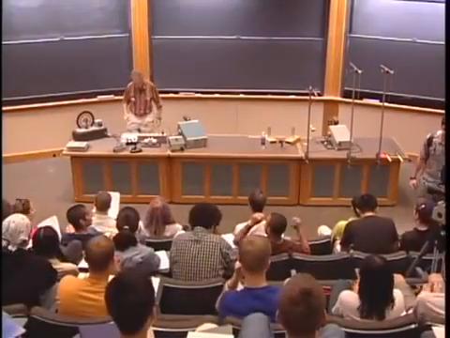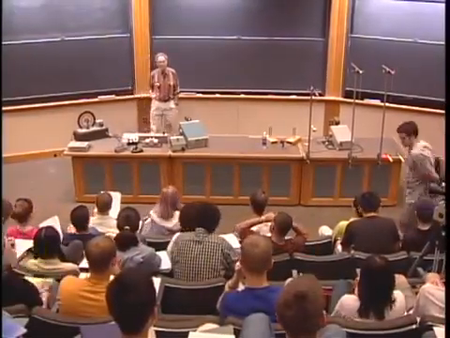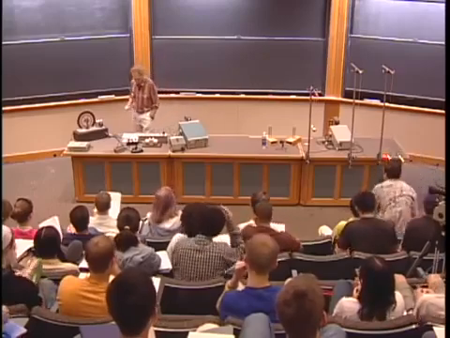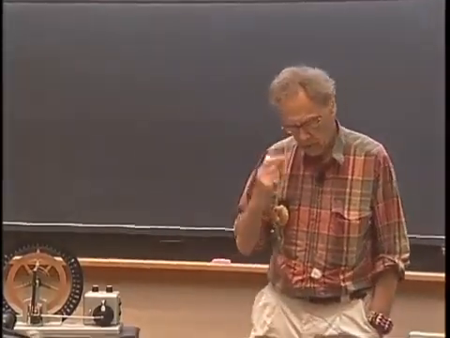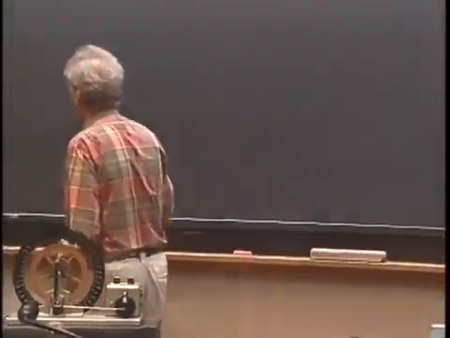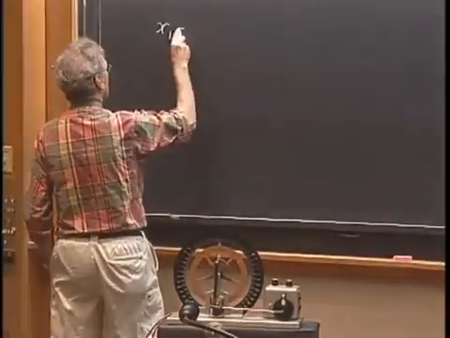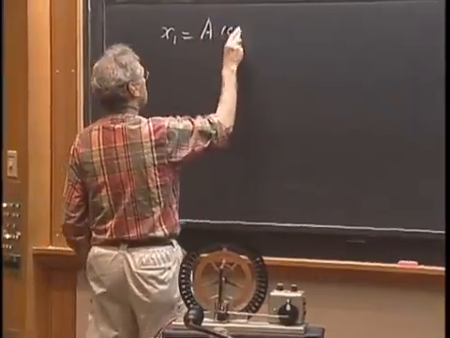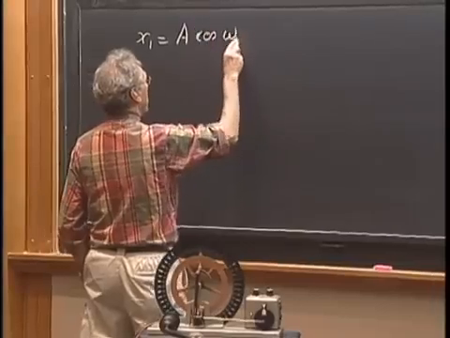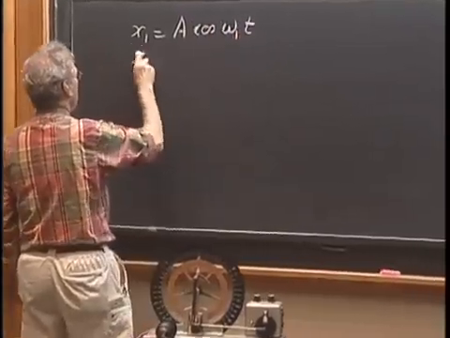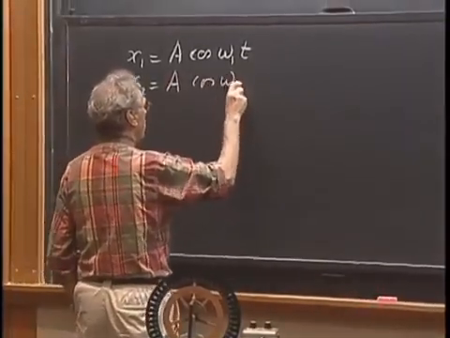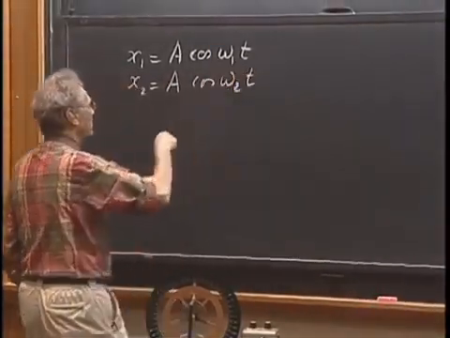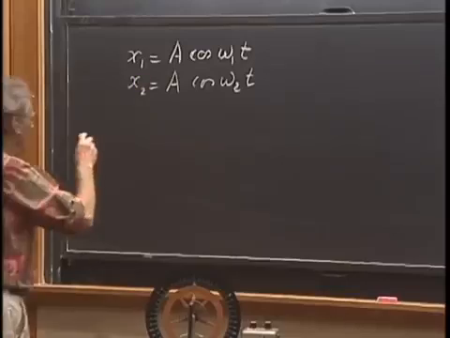I will start today with a very interesting phenomenon which is known as the beat phenomenon. Suppose you have two simple harmonic motions with the same amplitude but with different frequencies. So we have x1 is A times cosine omega 1 t, and you have x2 which is A times cosine omega 2 t, and the two are different, same amplitude. If you sum them,